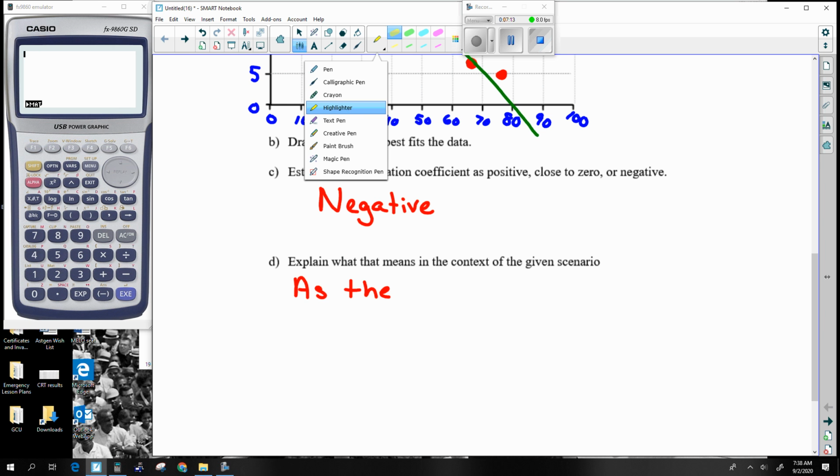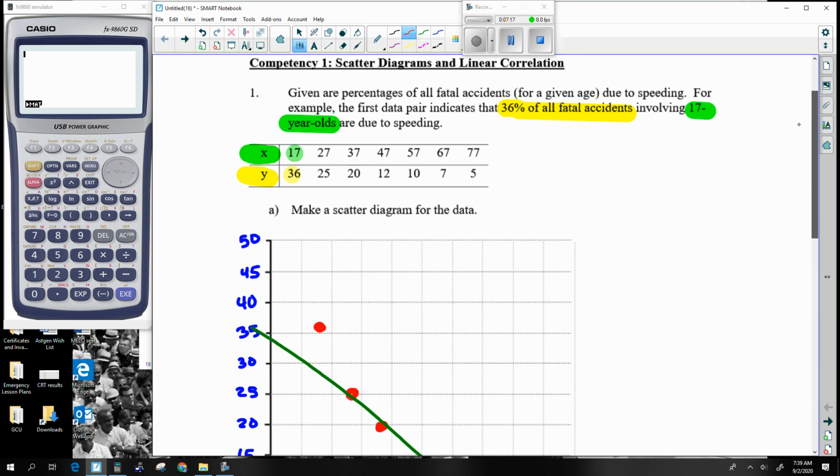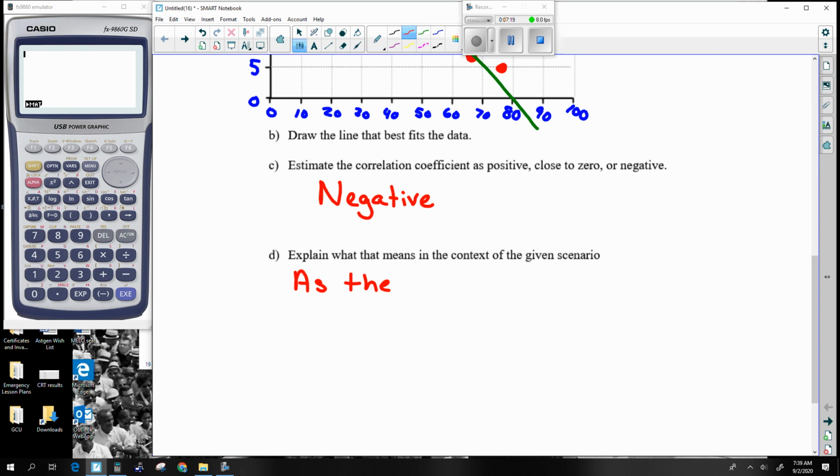So as the X, and again, the X was the age. So as the age of drivers increases, so as the X increases, the Y